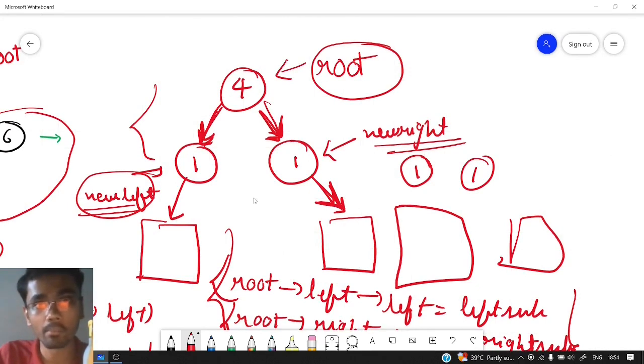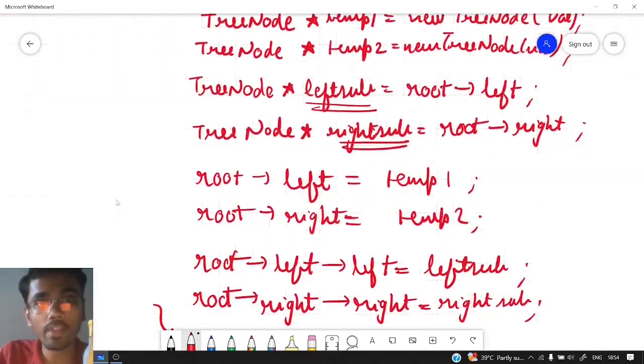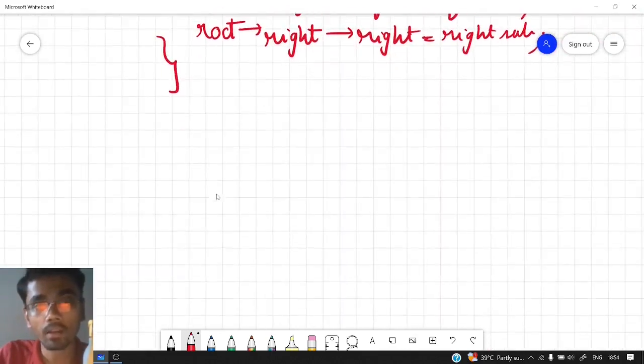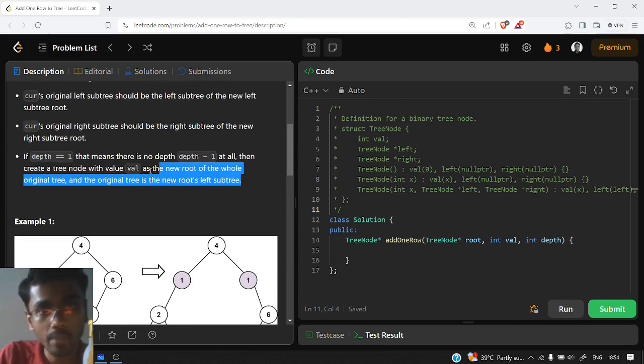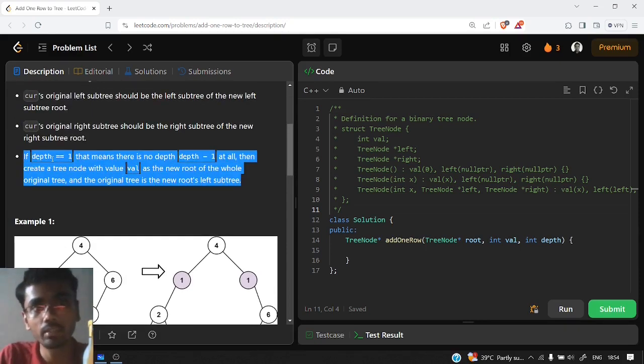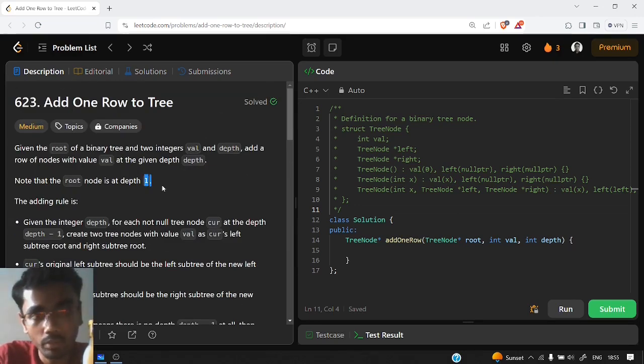Now we are still missing something. If you have read the question carefully, there is another rule or additional piece of information: what if depth is equal to 1? It is an edge case that they have given in the question themselves, and they have also provided the solution for it. If depth equals 1, how will we iterate to depth minus 1? Then the current depth would be 0, and we can't have depth equal to 0 because our depth should start from 1.